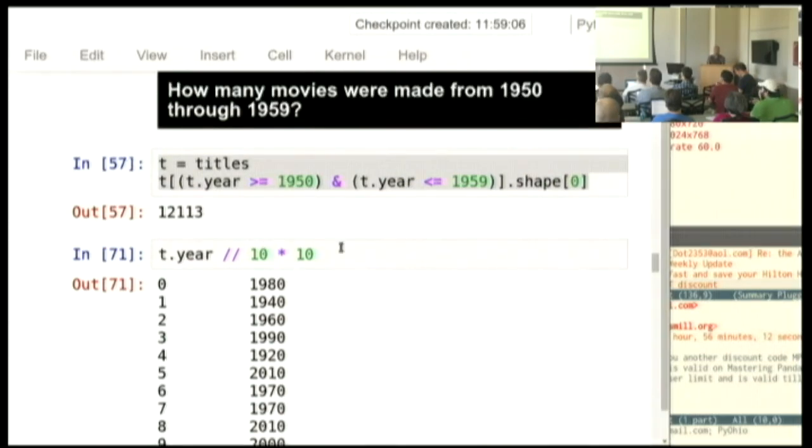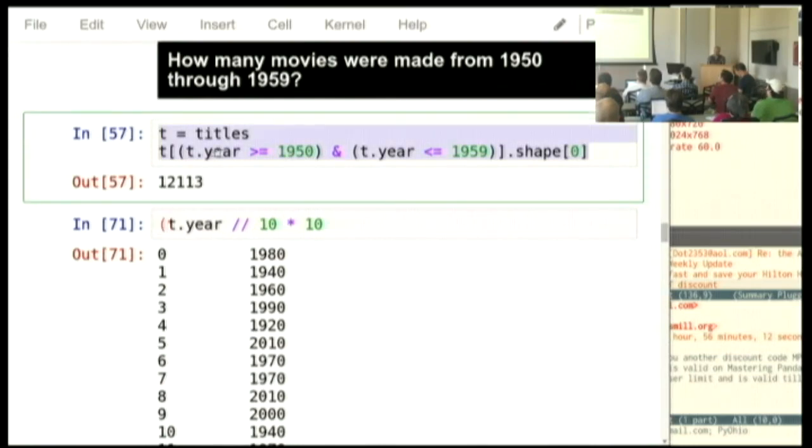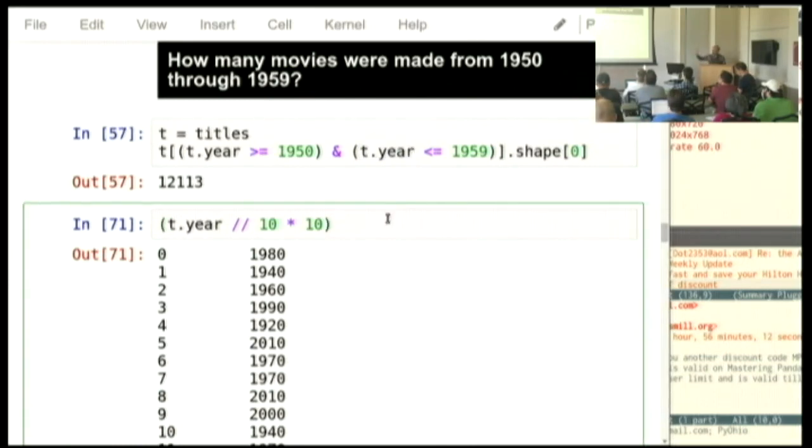So the question is how many movies were made. Now this is something interesting. You previously have seen me only doing math, only doing comparisons with columns, with series that are actually in the data frame. T.year is this thing that lives in the data frame, and I've been comparing it to 1950. Watch this. This value, T.year divided by 10 times 10, isn't in the data frame.